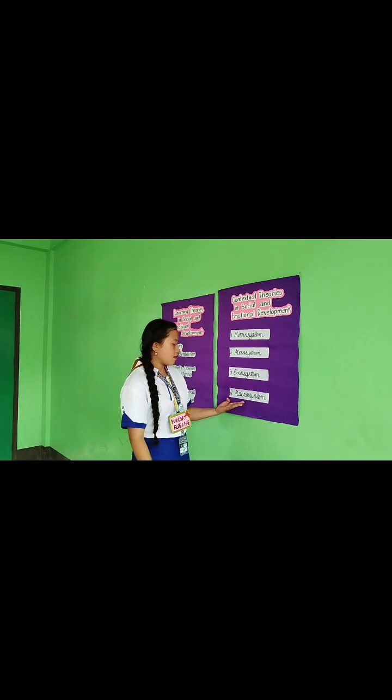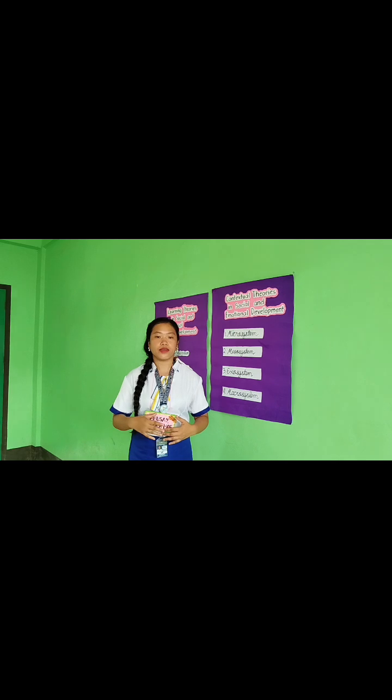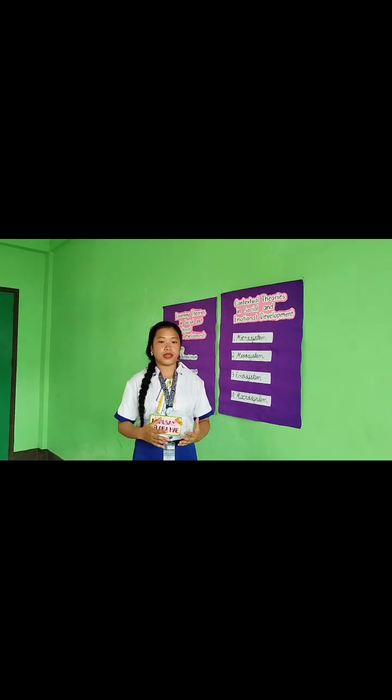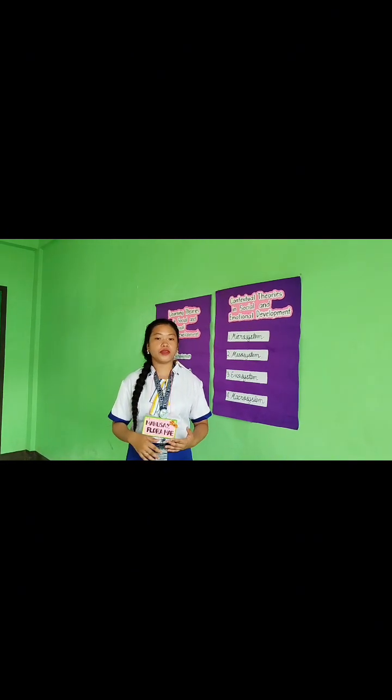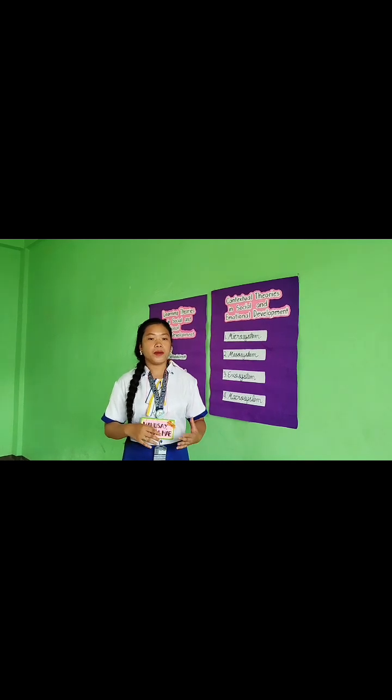And the last, the macrosystem. This is about the culture and beliefs around the child. It includes the way families live and the rules they follow. For example, in some families, children may help more with chores or work after school to help the family. So different families and cultures have different ways of raising children. In short, Bronfenbrenner's theory tells us that a child's growth is not only because of themselves, it is also because of the people, places, and culture around them. The child and the environment help each other change over time.